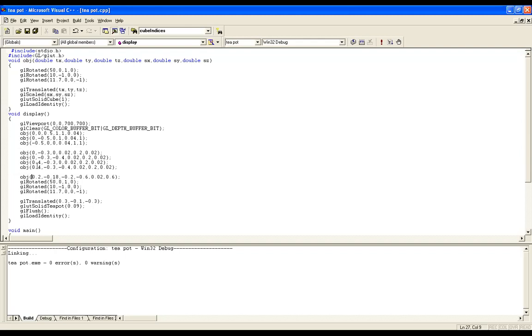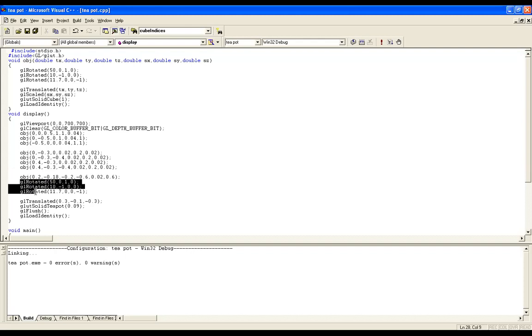And then I need to rotate the object, in the sense I need to rotate the teapot in a proper manner. So what is the work of glRotate? What is it going to do? It's very clear that glRotate is going to rotate any object in 2 directions. If the value inside the rotation is positive, then it is going to rotate clockwise. If it is a negative value, it is going to rotate anti-clockwise.